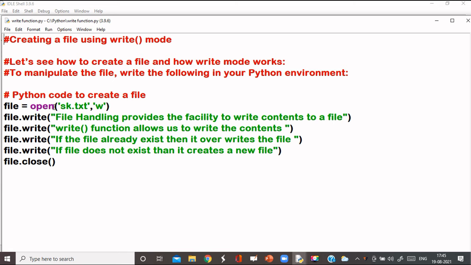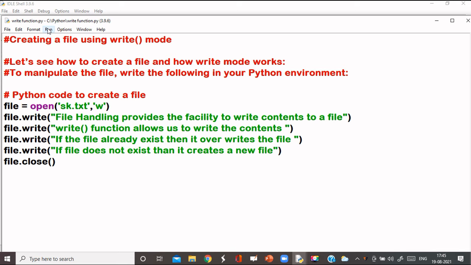This is a file already created. We are opening this file for write operation. So w is the mode of write operation, and then through the write function some set of lines are written there. Now at the end we are closing the file.